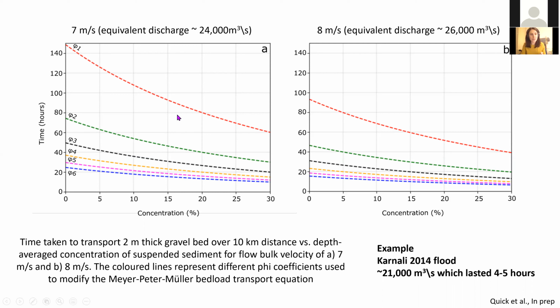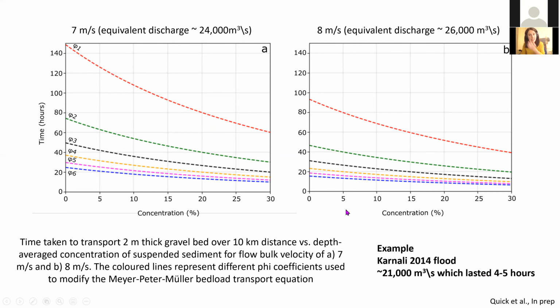So if we used a coefficient of 1 in the Peter-Miller equation with very low suspended sediment concentrations, we found that it took way too long for gravel to be transported 10 kilometres downstream of the mountain front of the gravel sand transition. It would take 140 hours. And if we compare this to a discharge of 21,000 metres per second, which lasts 4 to 5 hours,